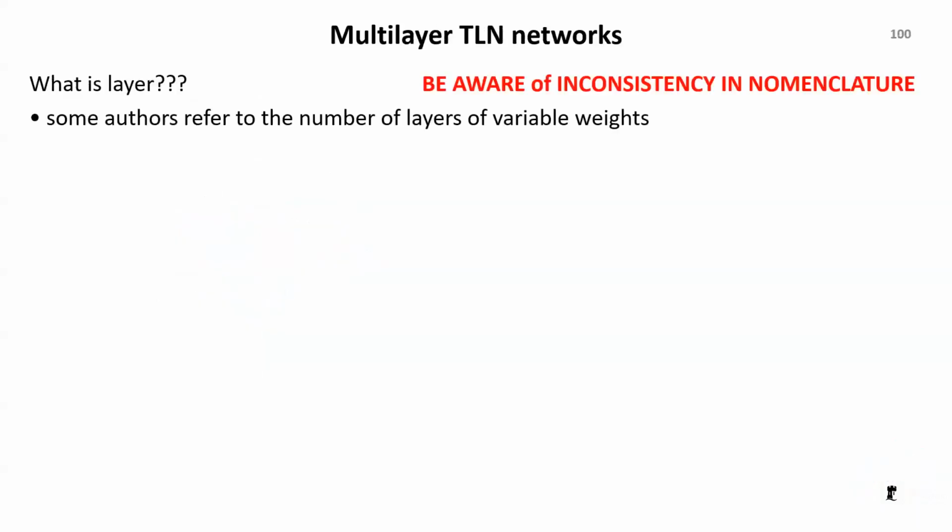Before we go to the detail, some of you are reading different books, different authors, and I noticed different books use different notation. So I just want to clarify, based on what I have read, how different authors define layers. Some authors refer to the number of layers based on the neurons that have variable weights, that actually do some kind of action, that have activation functions.